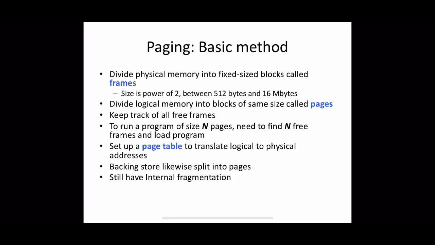So it avoids external fragmentation. Still, a little bit of internal fragmentation will be there. You know why? Because it is not necessary that the size of a process will be a multiple of the size of a page. So for the last frame there can be some space wasted. That is called internal fragmentation. So in the case of paging, a little bit of internal fragmentation will be there, but it completely eliminates external fragmentation and the requirement of compaction.